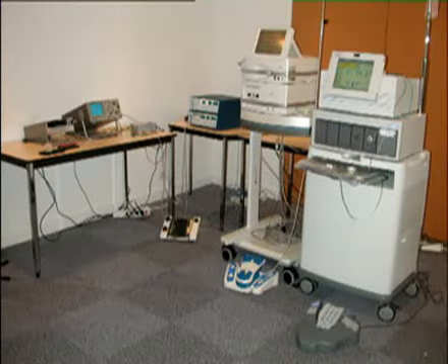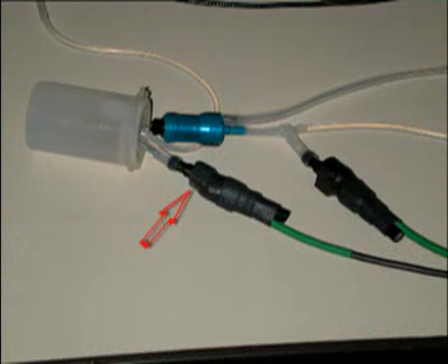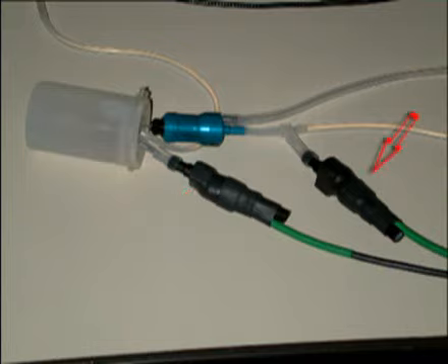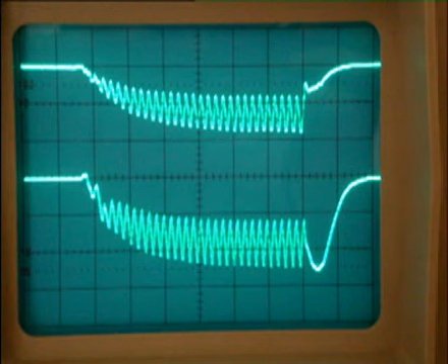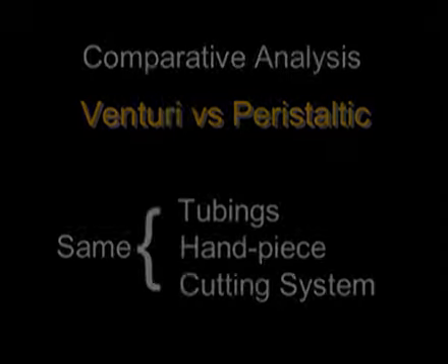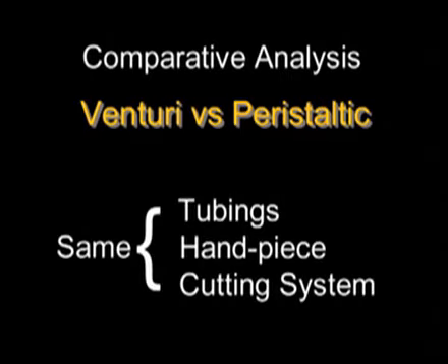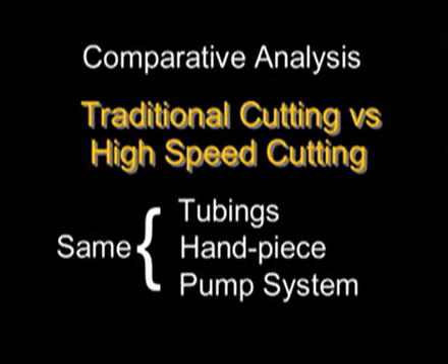These authors studied the performance of different machines by measuring the actual flow and the actual depressions at the pump level. Pressure indicators at the test chamber level and at the exit of the handpiece permitted them to measure, with the help of very precise instruments, simultaneous pressure variations. To avoid all possible error in the comparative analysis of Venturi versus peristaltic, or classical cutting versus high speed, all other parameters were kept constant at each stage. The infusion liquid was BSS. The egg white was picked due to its heterogeneous and viscoplastic characteristics that are similar to the